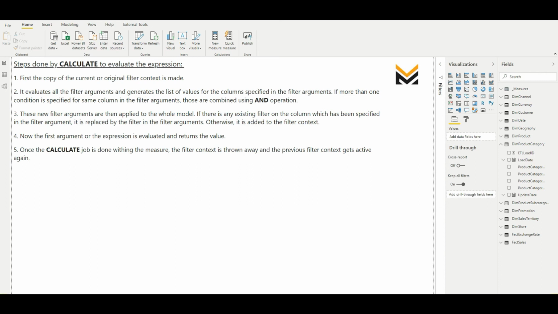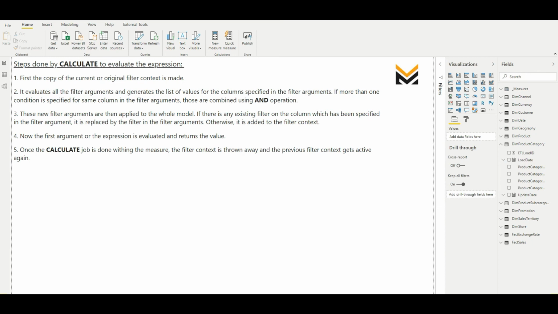Then the second step is it evaluates all the filter arguments. We already discussed this, that first it starts with the second argument. The expression is calculated at last as the first argument. First it will pick all the filter arguments from the second argument onward, and you can pass any number of filter arguments. What it does is it evaluates all the filter arguments and generates the list of values for the columns specified in the filter arguments.